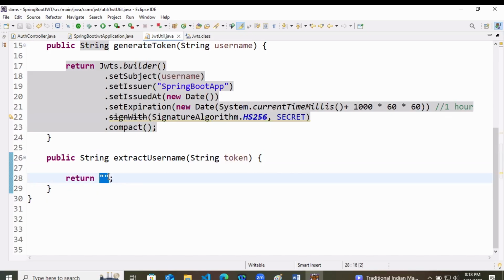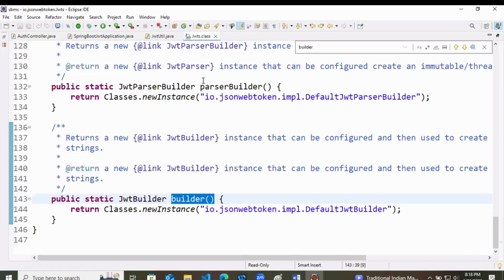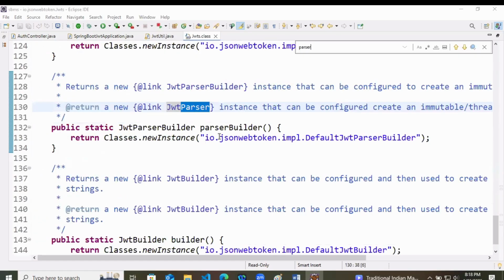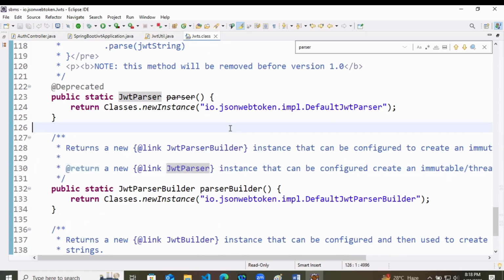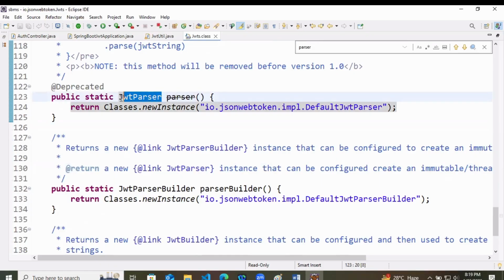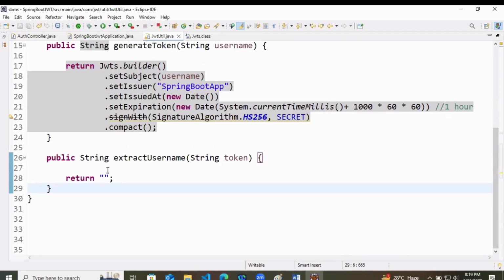Now what we are going to use, again the same thing, JWTS, but this time the method that we are going to use is the parser method. And what will it do? It will be used to create an instance of that. So now we are going to use the parser method, which will be parsing the JWT token.